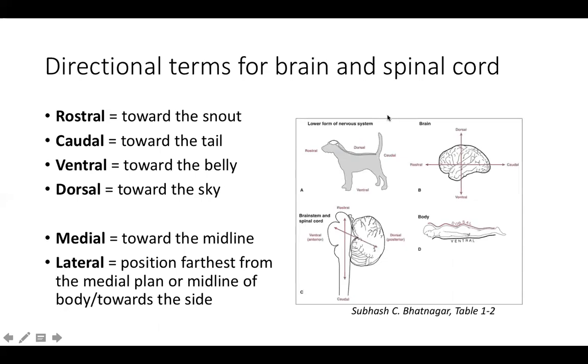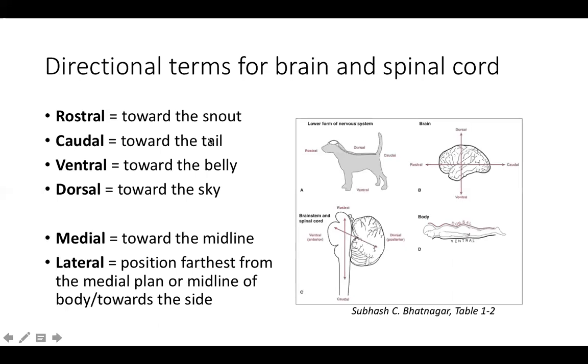Looking at a dog, the rostral end of the dog is toward the snout. If you can take a look, this is the brain, okay? The rostral region is the front towards the snout of that dog, which would also be in the front of that brain. This is the brain of a human, and so the rostral would be in the front. You're looking at the brain as though this individual is looking towards the text, and the eyes would be here. And so rostral would be front toward our face.